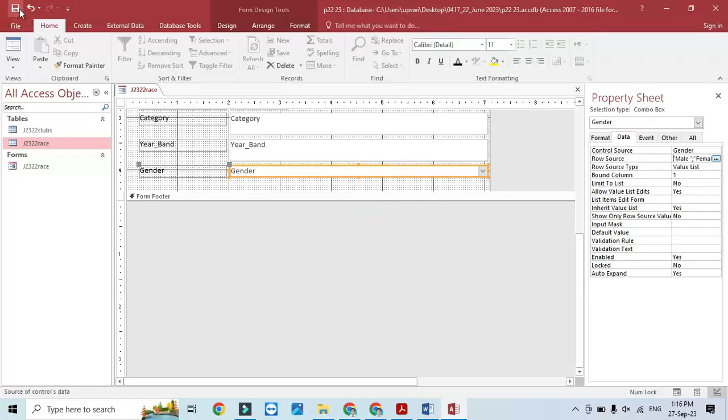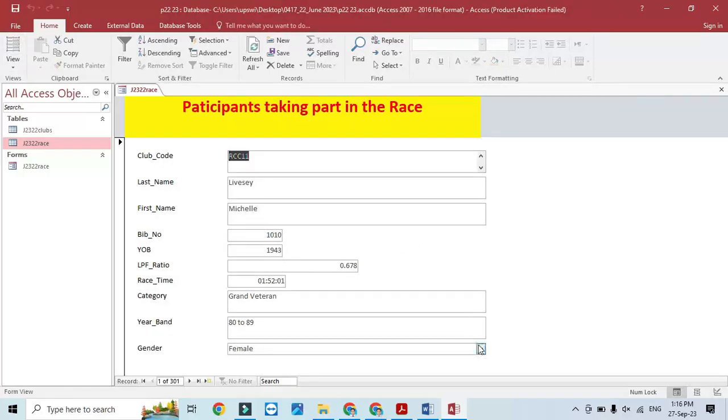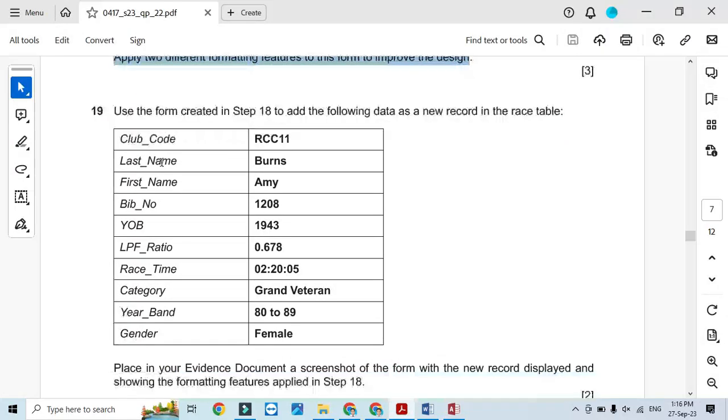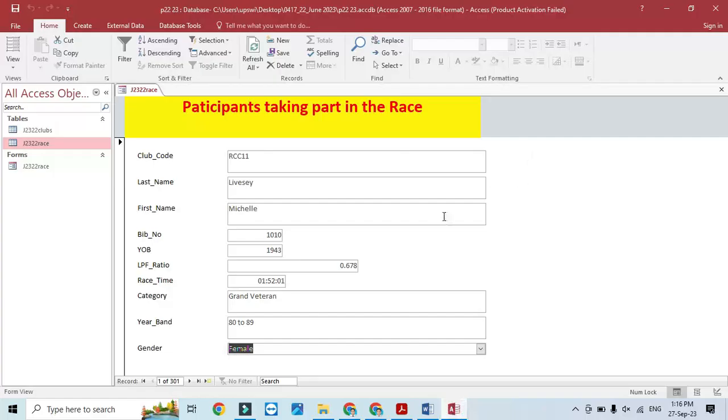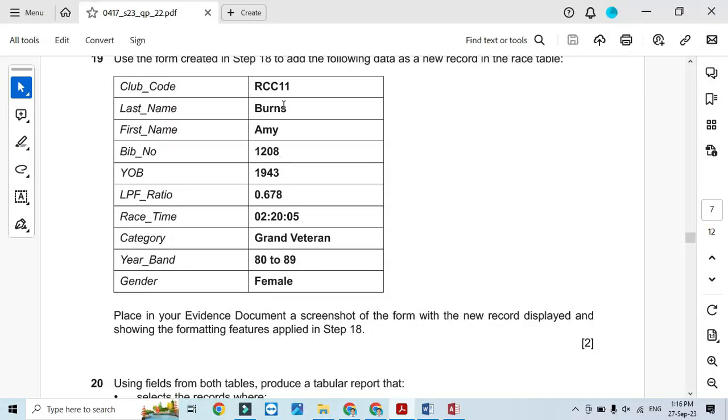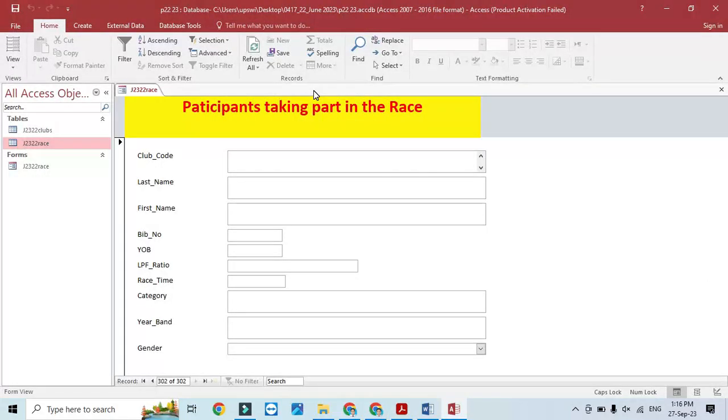That's it. Click on save and view. So these are the two features that you have applied. And then after, they said use the form created in step 18, you need to add this record. So let's add this record right now. Click on new and add the record, as we have RCC11,